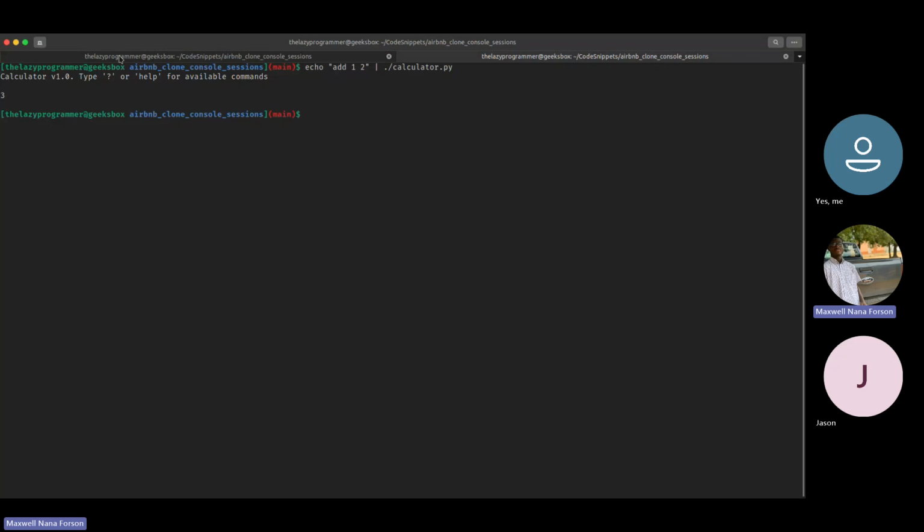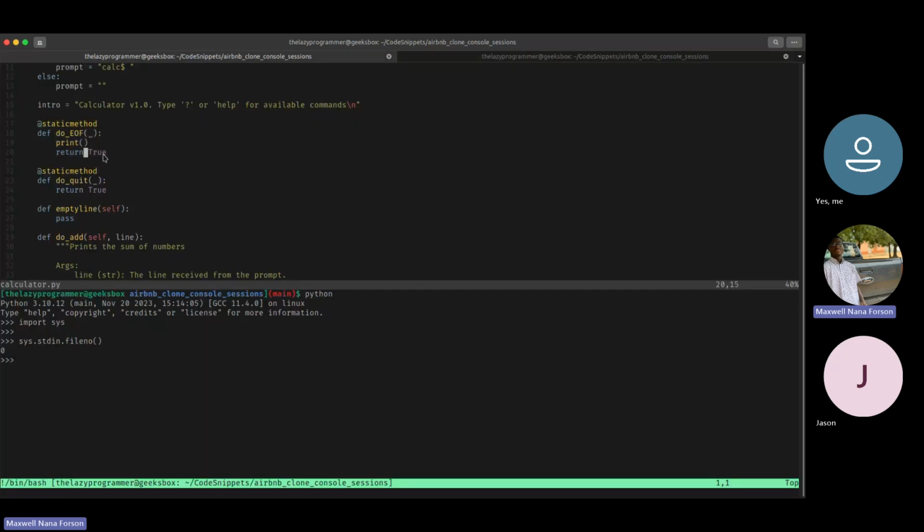Okay, so the thing here is that every time that we return True while we are in the command loop, it signals it to exit. That's per the documentation, what it says. Okay, so